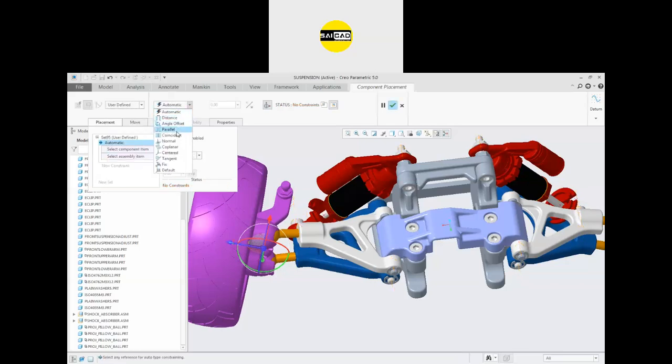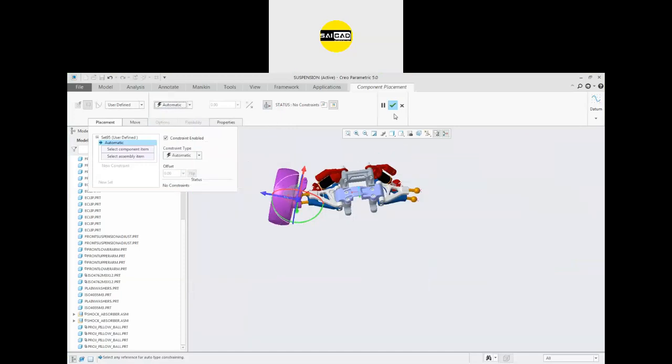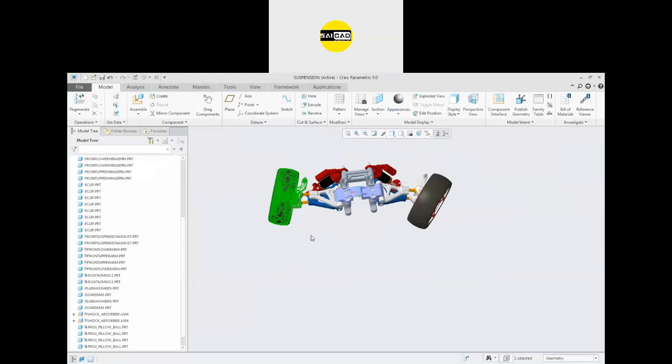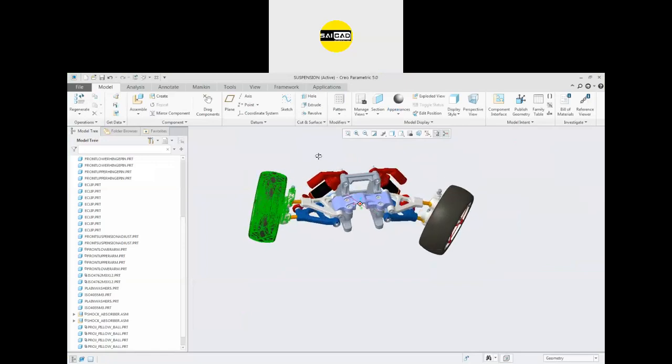We have covered distance, angle, parallel, these types. Coplanar means on the same plane, and centered means the point, like that. So can you see, and mainly these will be used for distance, angle, parallel, and default and coincident. Okay, so these are the main points for the assembly. If you have any question, you can ask.